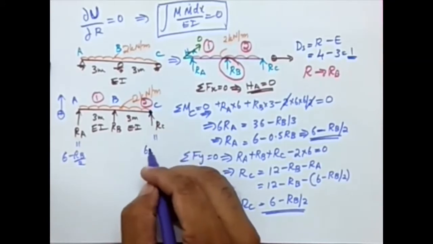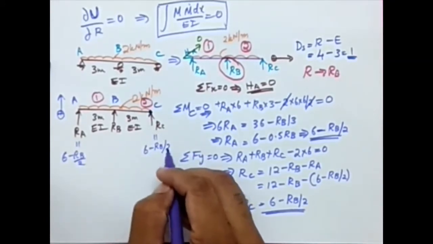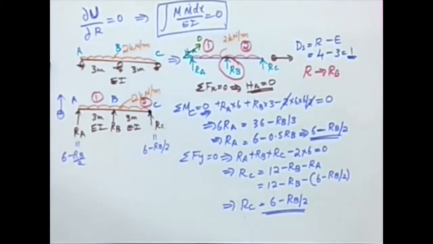This is also 6 minus RB by 2. So once you have this, then you can think of creating the table. This is the additional step that is required when we are dealing with a simply supported beam. When it was a cantilever, there was no need of all this mess. You can directly start writing the expression, directly start filling the table using the